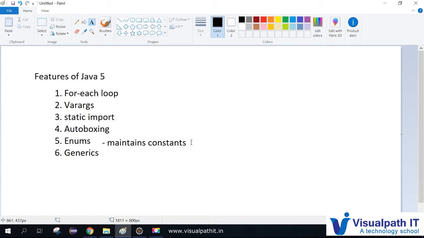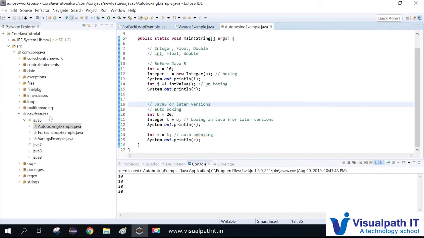The first point is that when you're writing an enum, you should use the enum keyword. Like a class, which you declare with the class keyword, the same way you have to write the enum keyword before writing an enum. Let us try the practical example.